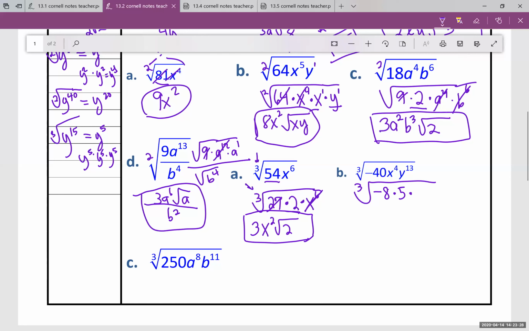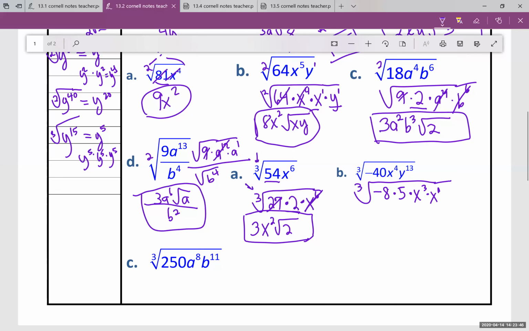X to the 4th, I'm not going to leave that as x to the 4th. 4 is not divisible by 3, okay? So I'm going to go down 1. Is 3 divisible by 3? Yes, it is. So I'm going to have an x to the 3 here, and then don't forget, you have to include your x to the 1 to get back to x to the 4th. And then